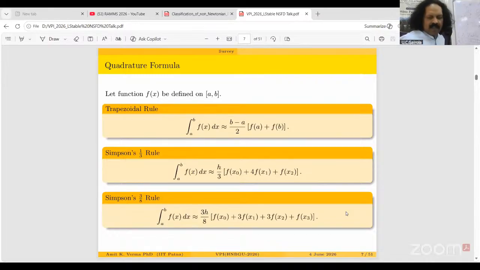Very simple, right? But there are several issues with these methods when you try to apply them on, especially, stiff differential equations. Stiff differential equations have solutions which are very slow in a certain domain of time, and in a certain domain they have very quick, rapid changes. So numerical methods should be able to capture solutions for any time. If you try to apply these methods on stiff differential equations, they will not give very reliable solutions,